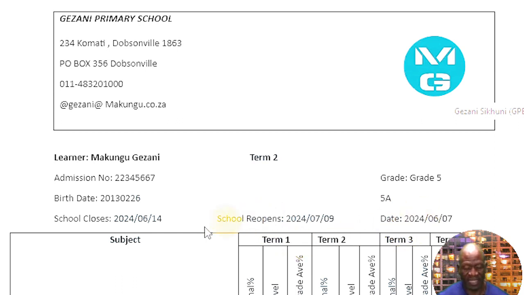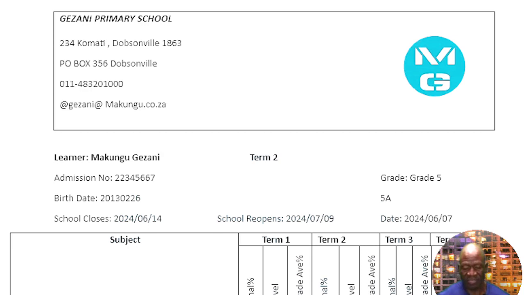Okay, we have the dates indicated. This is the date on which the school is closing, and then here the schools will be reopening on this particular date. All right, then moving right along, the other information that must be on the official school details is about the